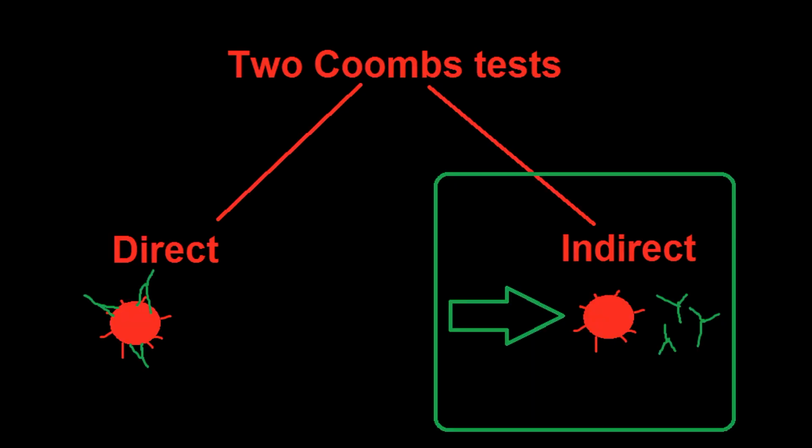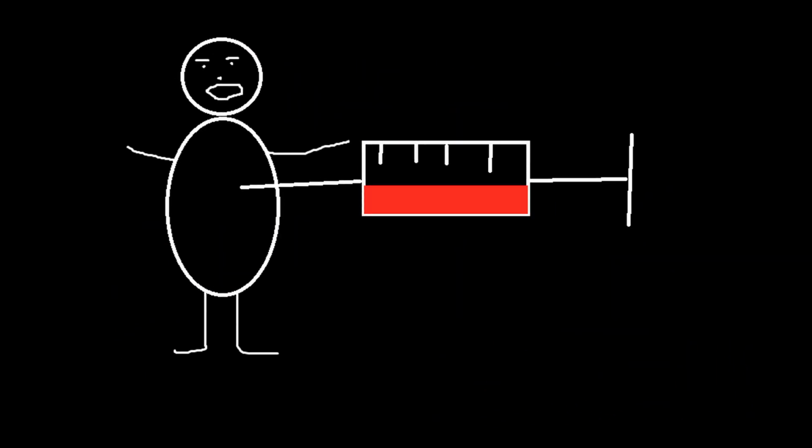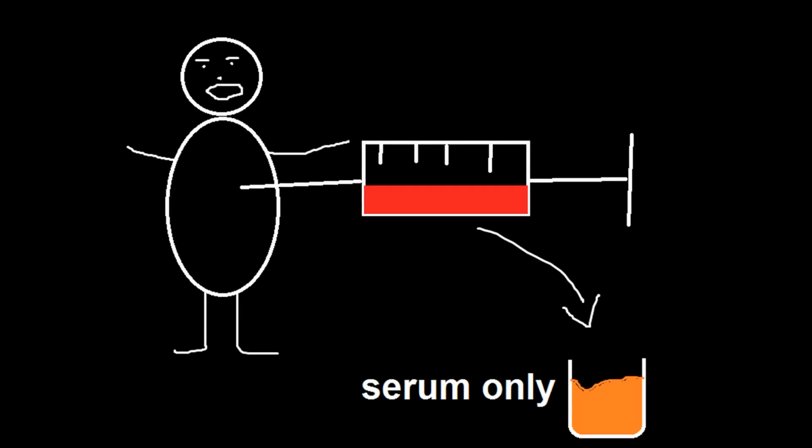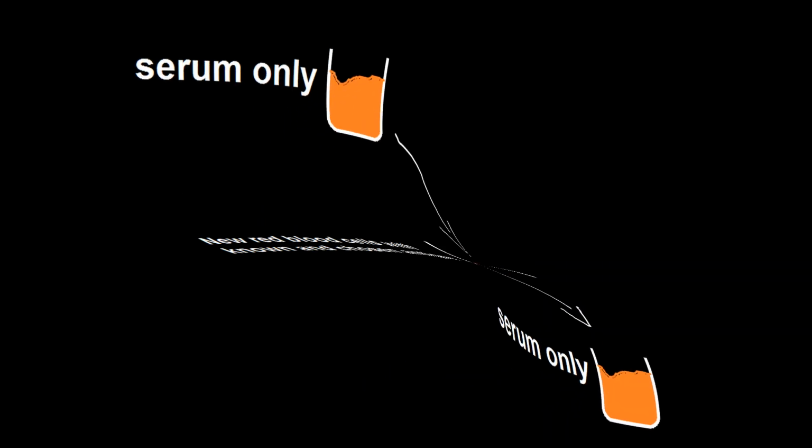It's called an indirect test because immunoglobulins we are looking for aren't linked to antigens. They are free in serum. So we have to add new red blood cells, let the antibodies bind to antigens, and then add the Coombs reagent. We take blood from a mother or from a patient who will receive transfusion of red blood cells. Then we separate the serum that contains proteins and antibodies. We put this serum in